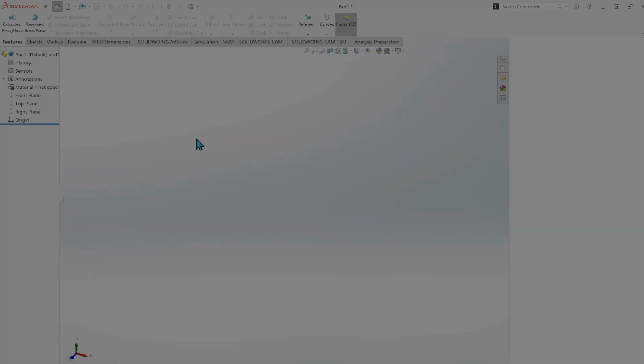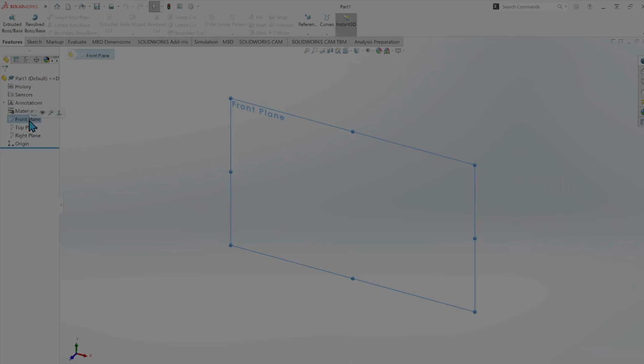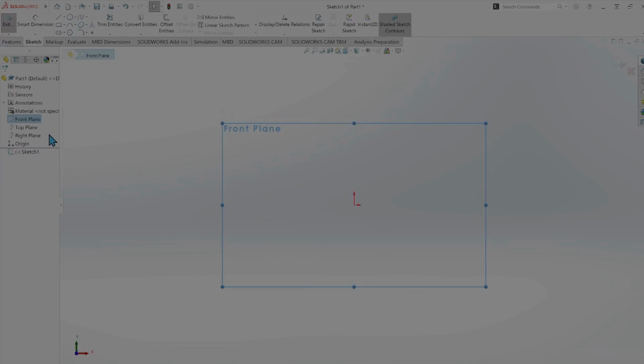So this is the SolidWorks interface. At the top you have your command manager, then on your left you have your features. So features are basically the shapes and operations that construct the part. Then you have your views, your planes, of which you select which plane you want to start drawing from. I usually start from the front plane